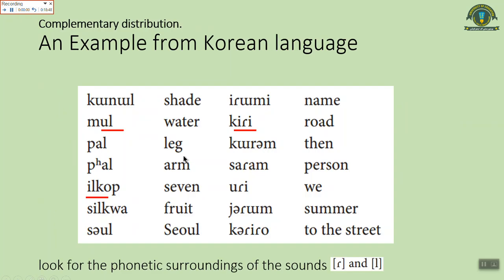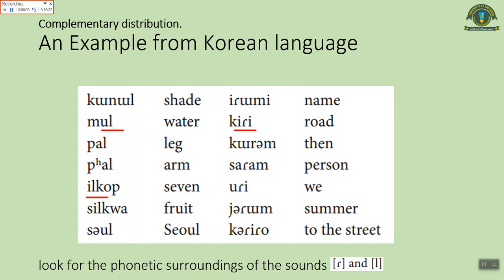Now next one. Here is an example from Korean language. We don't know Korean, so we have to see whether we are able to differentiate whether these two sounds are r. This is not pronounced r, it's slightly different from r. Now whether these two sounds, let's call them for the time being r and l, these two are in complementary distribution